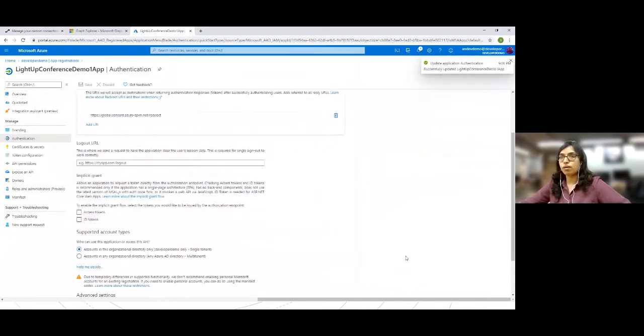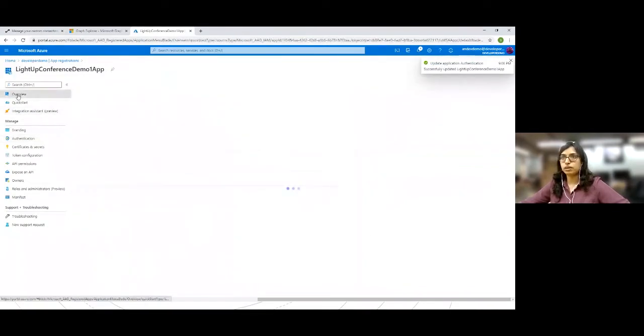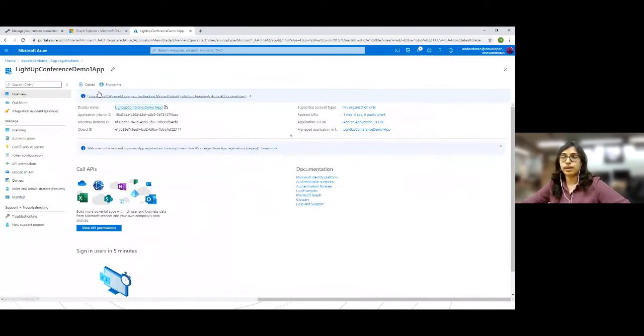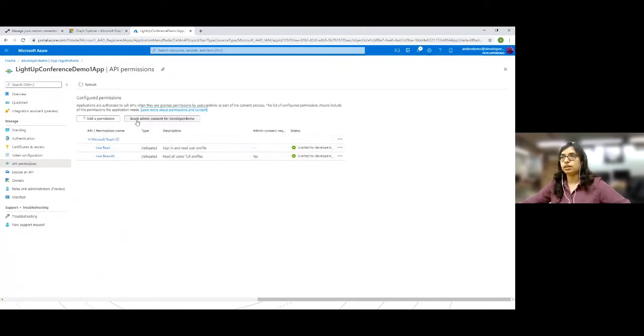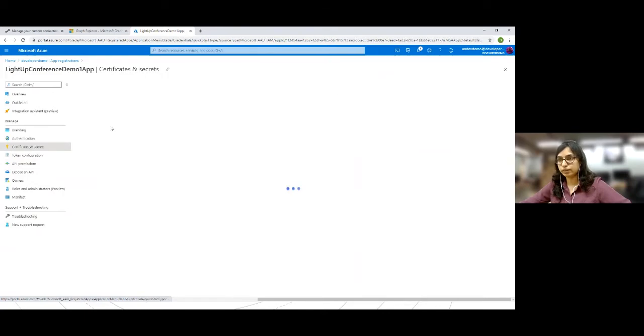All right, so we are all set with all the settings. We have completed all the settings in our Azure AD for the application registration. Just a quick recap on what settings we did in Azure AD for our Graph API: we created an application registration, then we added API permissions, then we granted admin consent for these permissions. After doing that, we created a secret.